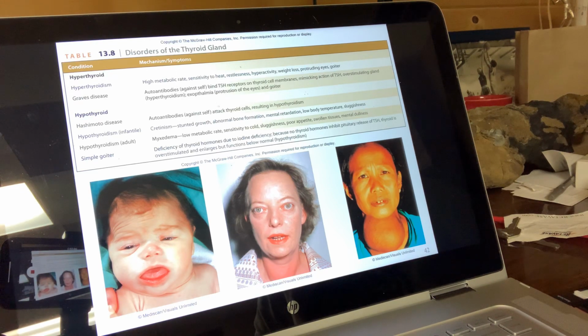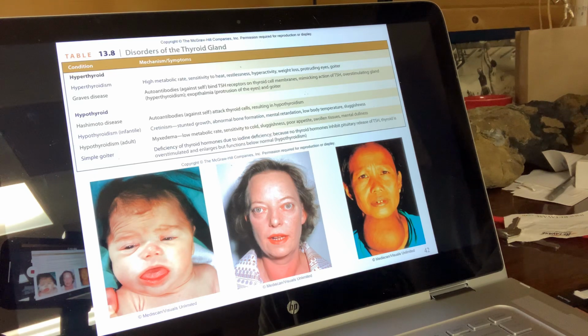Because the thyroid is very, very important in development of and function of the nervous system, all babies when they're born, before they go home from the hospital, are tested for thyroid hormone. If they are lacking in thyroid hormone, they are given thyroid hormone supplements, because if they are not, then their